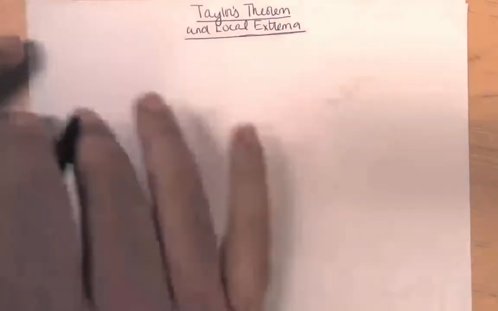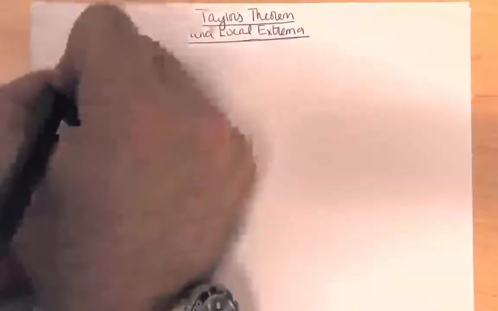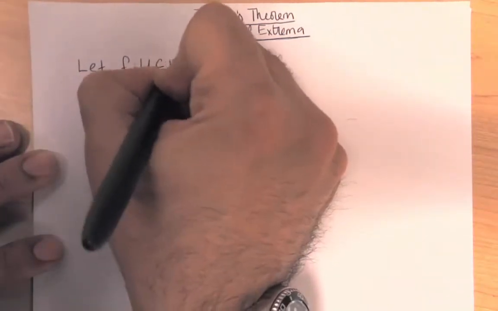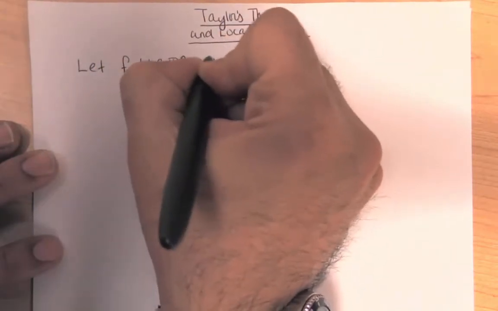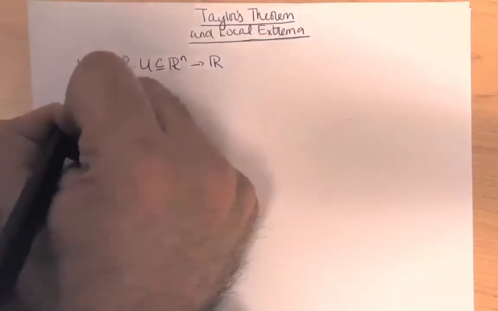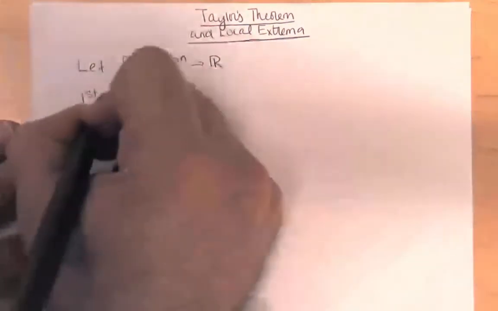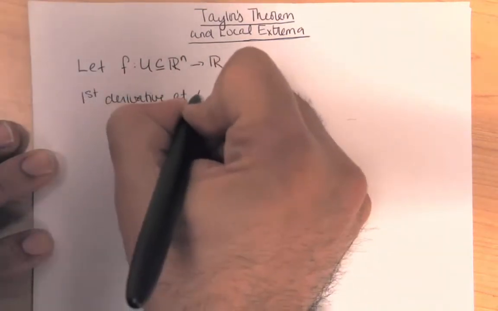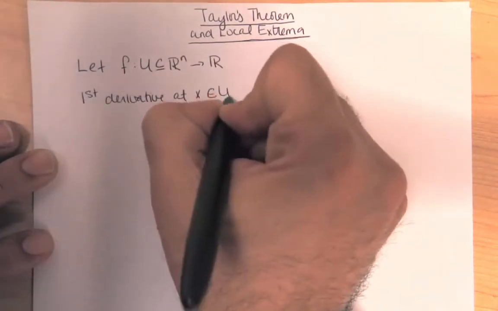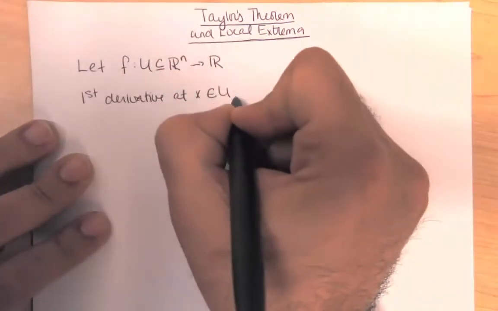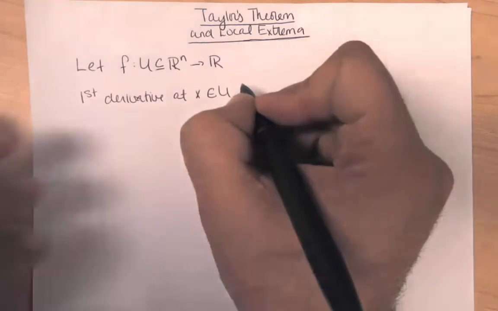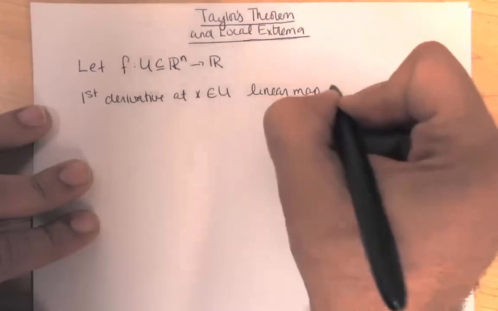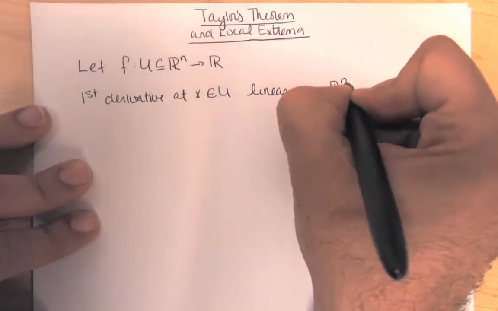So just as a bit of a review of where we've been, let f map a subset of Rn to R. Then the first derivative, assuming the first derivative exists, at some point x and u is a linear map from Rn